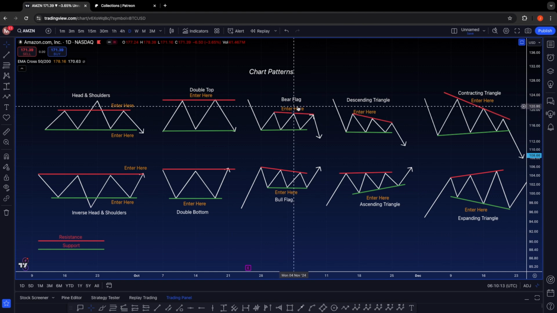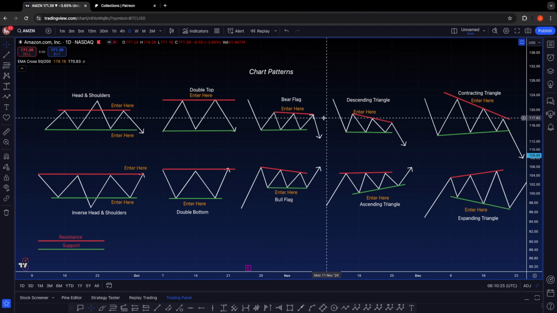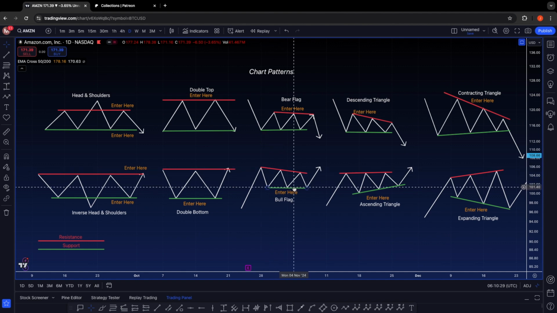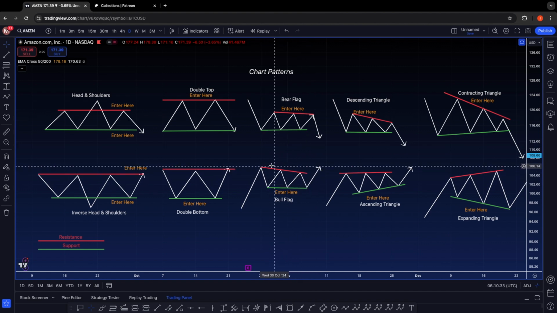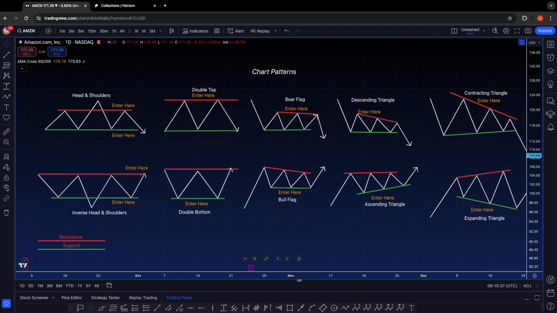And if you do so, you don't have to be right every time. You just have to know how to maximize on your winners. But in this case, bear flag, your entry is anywhere off of these resistance lines only, because we are trading within a confined area. And similar to here, we're able to predict where that next low or high might be just because we can draw out the trend. And in this case, our stop loss,